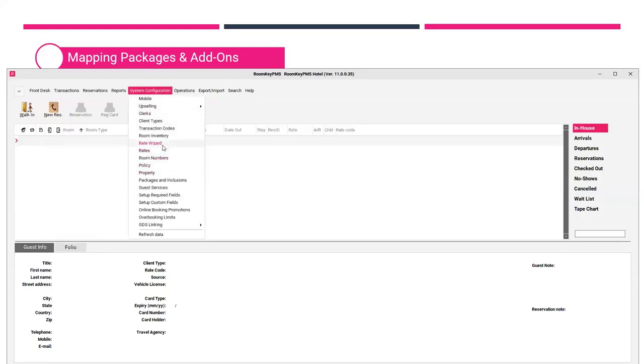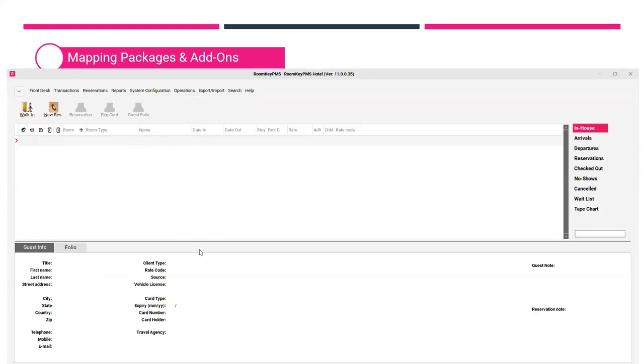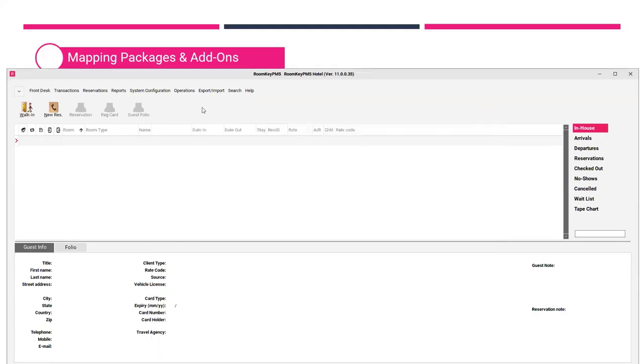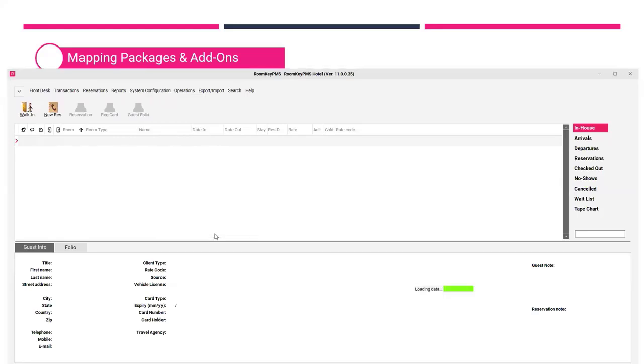So here in the rate wizard, you will still create the package base rate with active channels, but no client type. And you will create the bed and breakfast package GDS rate with the GDS channel and a client type attached. When it comes to linking those for Siteminder specifically, you can go to GDS linking, select rate plans,